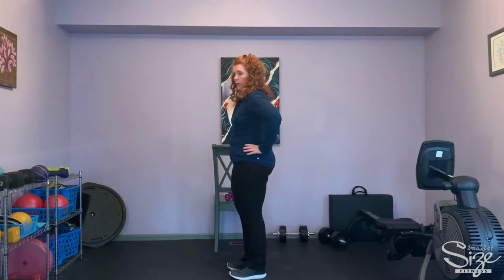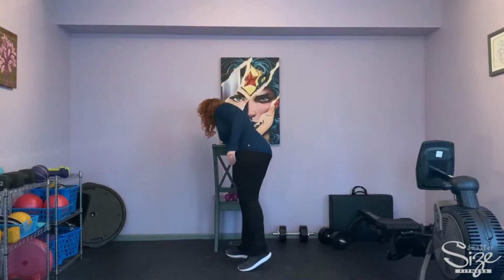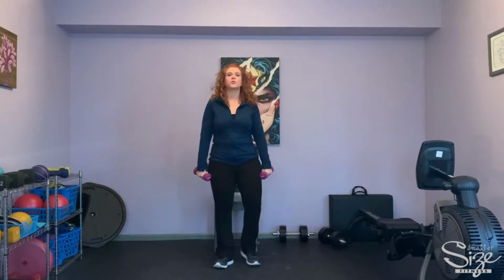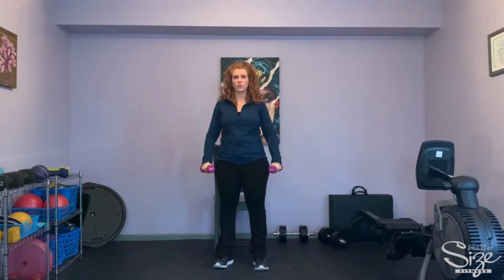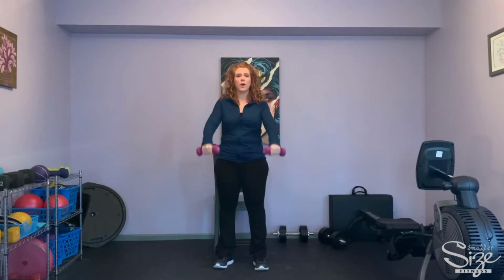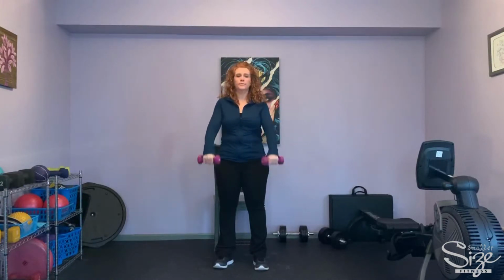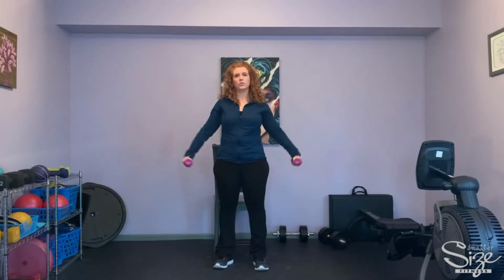Now, the next move, we're going to grab our weights again. And we are just going to bring them straight up to the front, right to shoulder height, straight out to the side, okay? If you have heavier weights, like 8s or 10s, you might want to go down a little bit. For this move, we're going to do 8